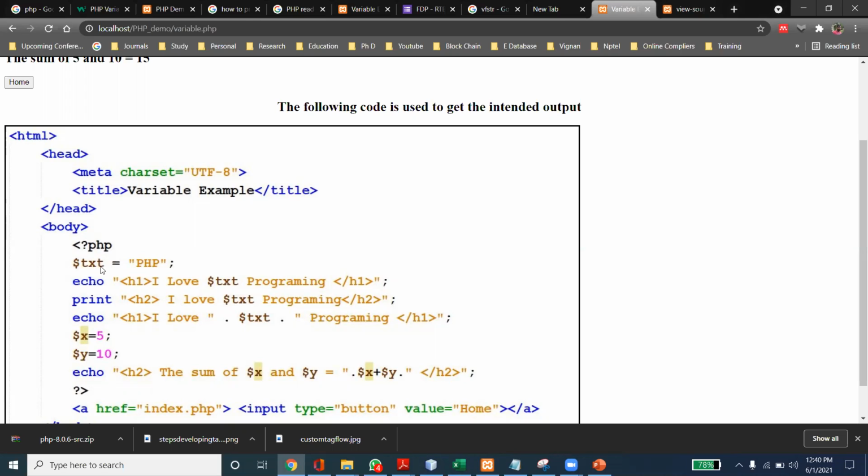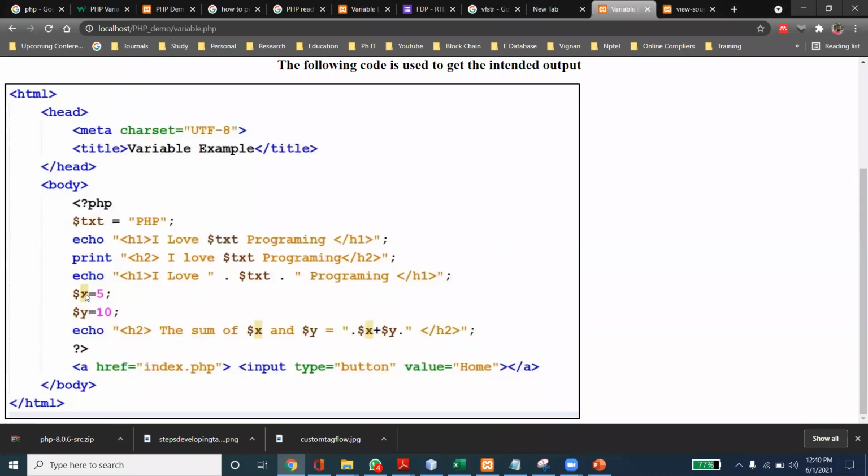So it is a loosely typed language. Here we need not specify the data type of the variable. Automatically, based on the value we assign, it is going to treat that variable as either an integer variable, a floating variable, a string variable or a character variable, depending on the value we assign. I'm creating three variables. One is a character variable, and the other two are string and integer variables.